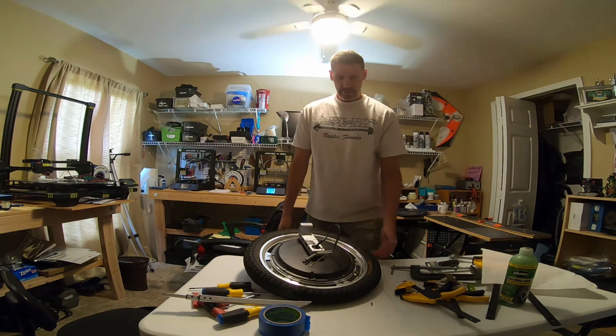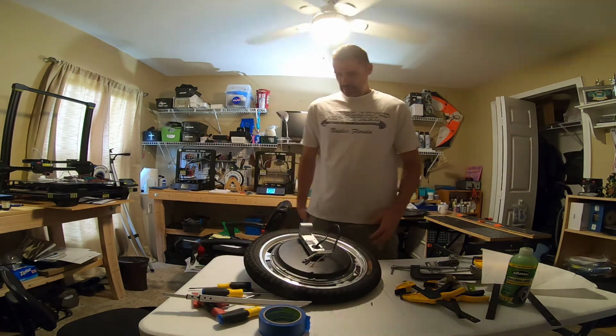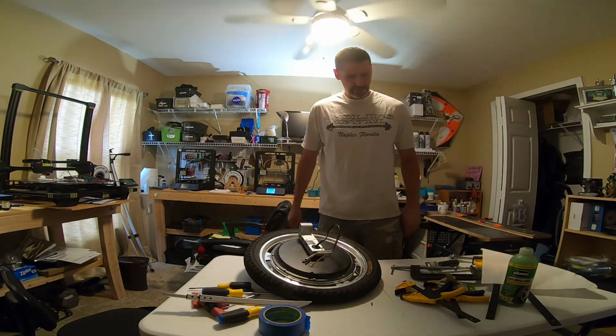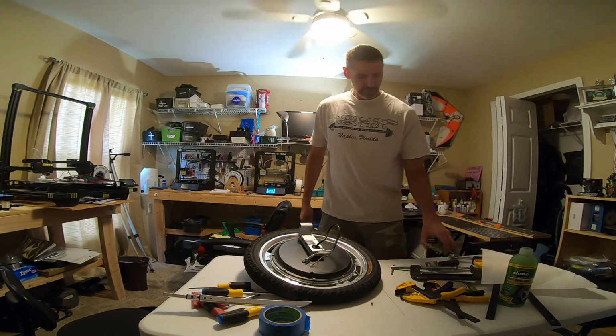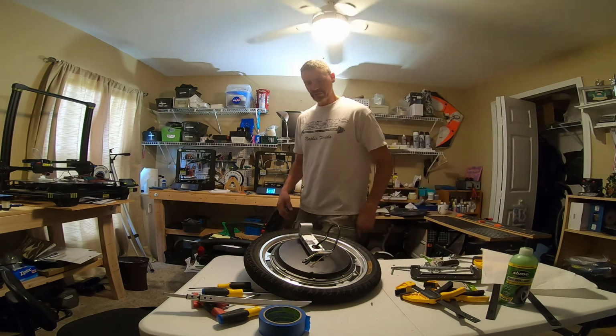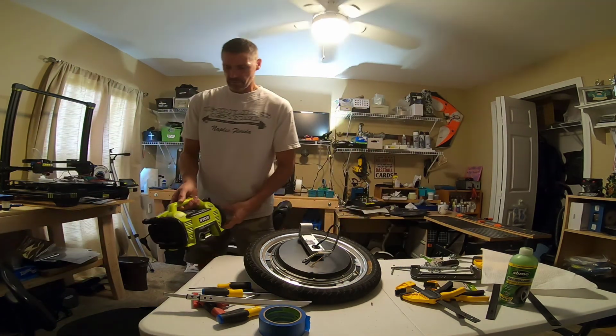Alright. Now my only concern is, I mean, this tire is totally deflated. Oh no, never mind. This isn't a tubeless tire. I was going through the same nightmare as I did with the Mini Pro where you had to seat the bead, but since this is not tubeless, it should not be a problem. So let's